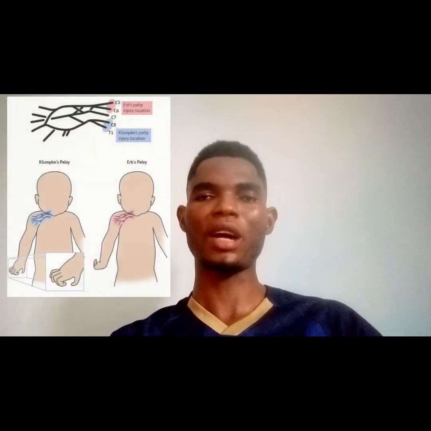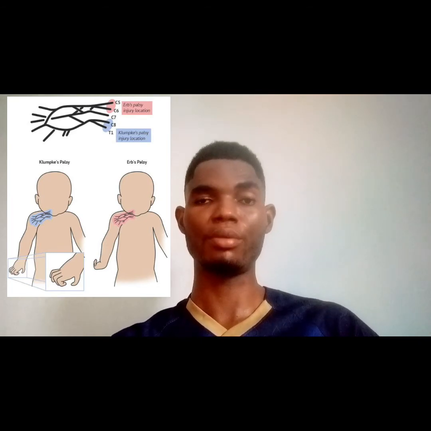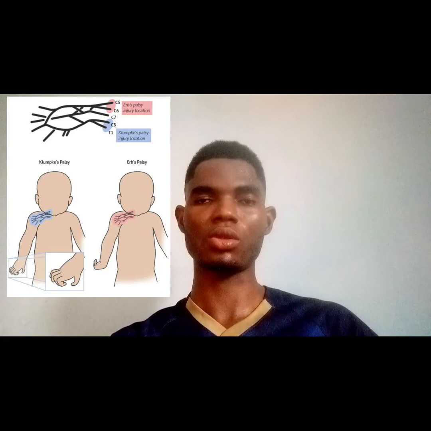Klumpke's palsy is just an injury to the lower root of the brachial plexus. The affected nerves in Klumpke's palsy are the median nerve and the ulnar nerve. Then for Erb's palsy, the affected nerves are the